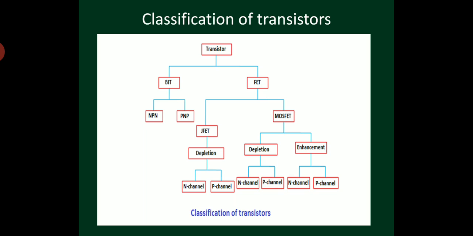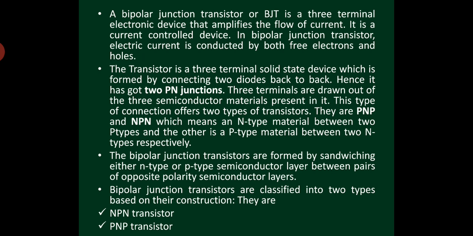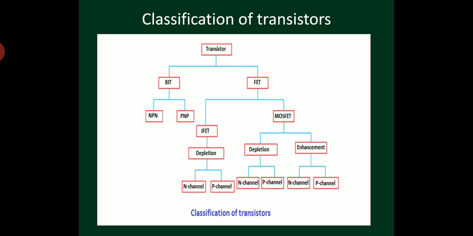Again, depending upon the type of channel used in depletion and enhancement modes, a depletion mode MOSFET is classified as N channel depletion mode MOSFET and P channel depletion mode MOSFET. Likewise, enhancement mode MOSFET is classified according to the type of channel, such as N channel enhancement mode MOSFET and P channel enhancement mode MOSFET, right? And in this course we will study all these transistor classifications. Okay,